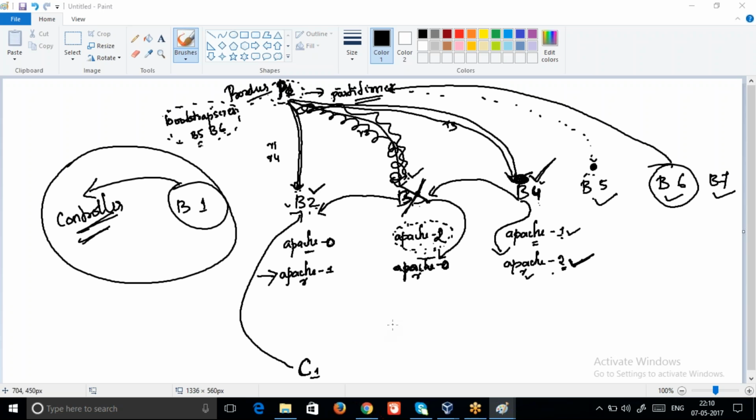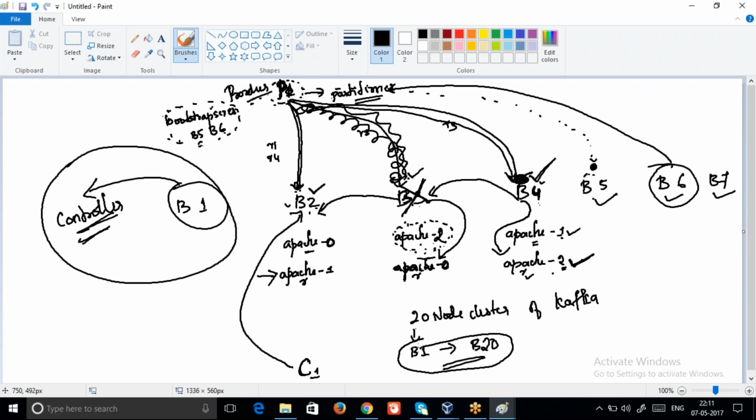Yeah, bootstrap server, it's nothing. You may have a 20 node cluster, a Kafka cluster. When I say 20 nodes, on each node one broker will be running, so we have broker 1 up till broker 20. For the producer, we do not specify all the 20 brokers. We only have to specify one or two brokers. Usually it is recommended to configure 2 broker addresses